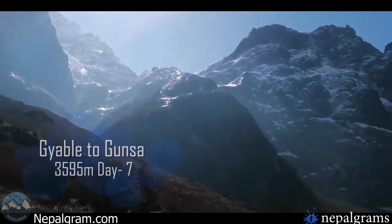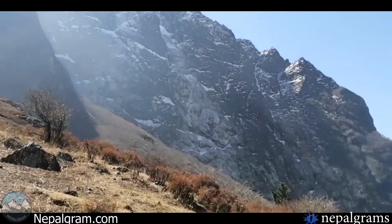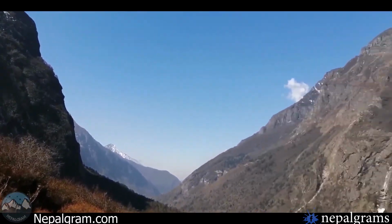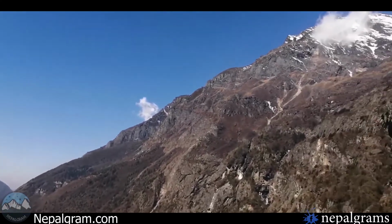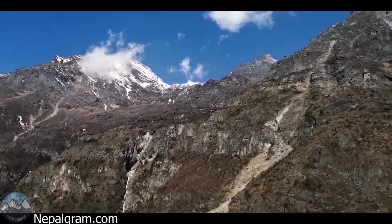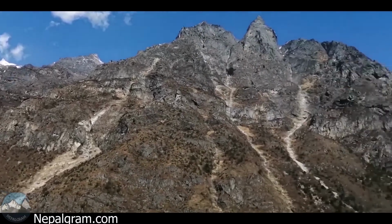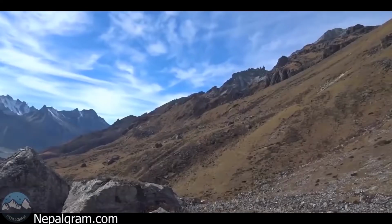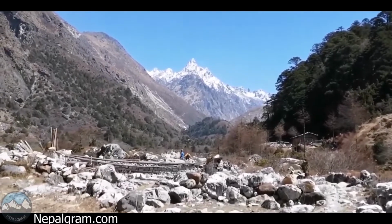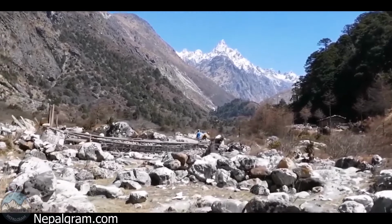Around 7 hours from Gabla to Gunsa, it starts with a steep drop followed by an easy level stage passing through rhododendron and fir forest along the river bank. It takes all morning to trek to Fole. Here you visit a small wooden gompa, which contains several old statues and cloth paintings brought from Tibet. Above Fole, the valley widens and